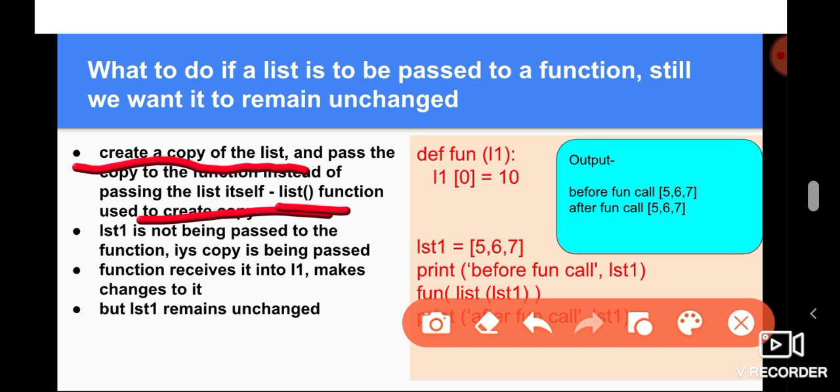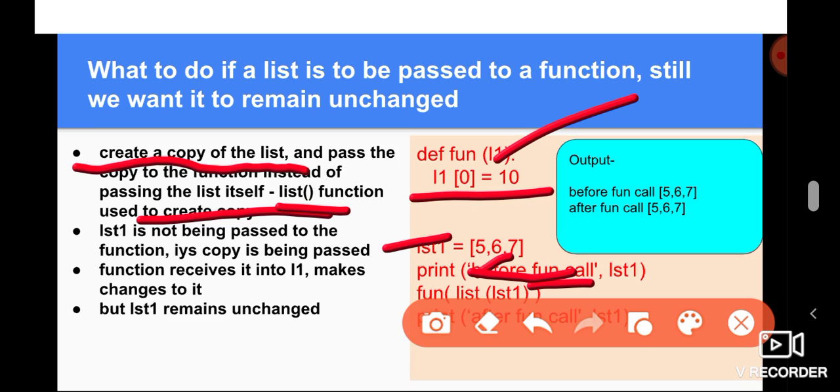See, what we are doing here is lst1 is a list, and for passing to this function fun, we are creating a list of lst1 by using the list function, right? So what happens by this is that a list which is a copy of lst1, that means a new list, is created in memory with the same values 5, 6, 7, but it is a copy, it is completely different from this original list lst1, and that copy is passed to function as L1.